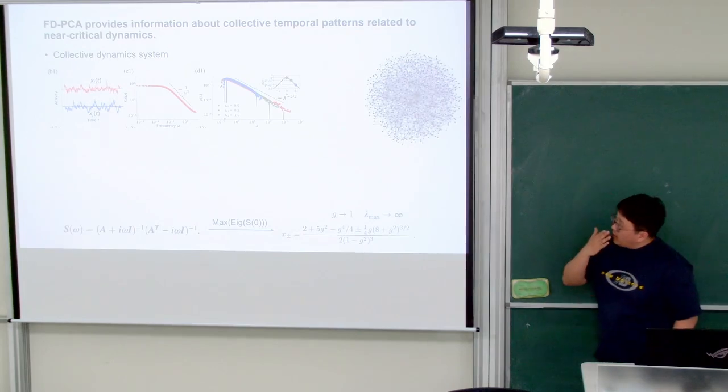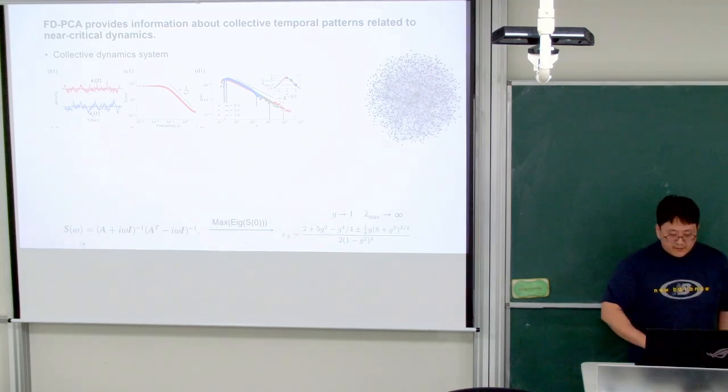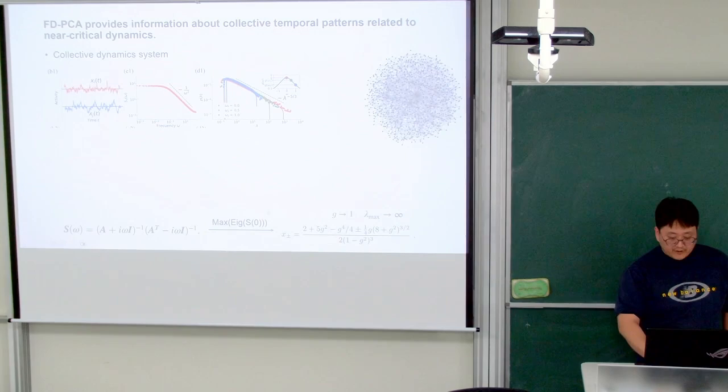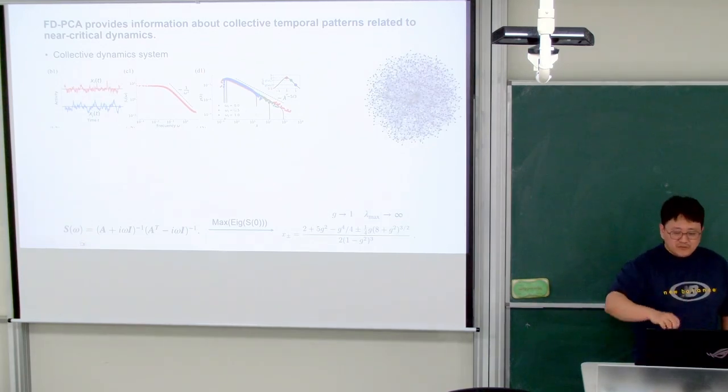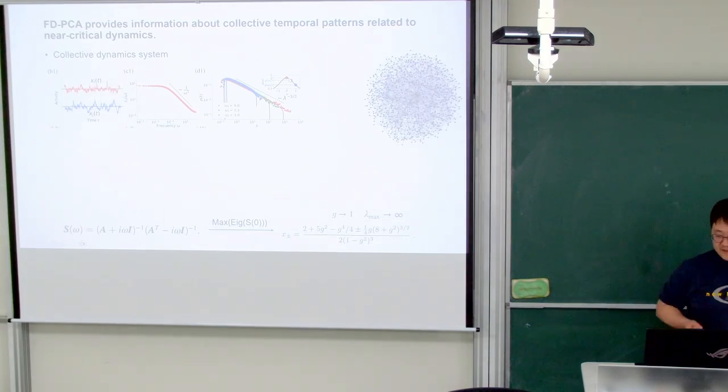Anyway, let's focus on this red profile here first. This red profile corresponds to omega equals 0. So we calculate this maximum eigenvalue from the S0, right? And actually this omega 0 corresponds to this value, this peak value. So we can calculate the G according to the